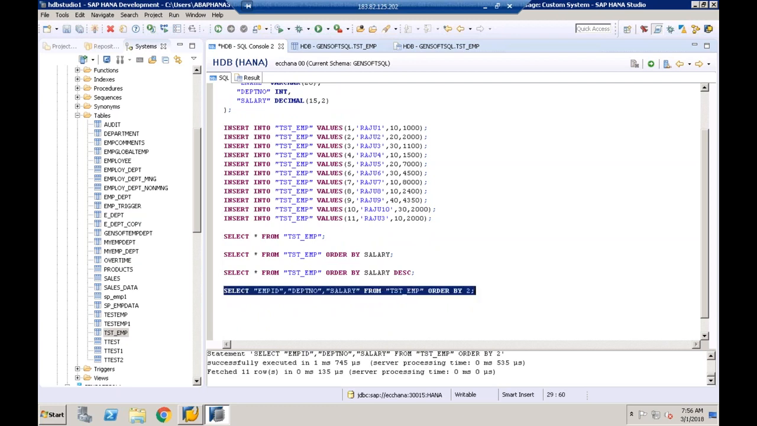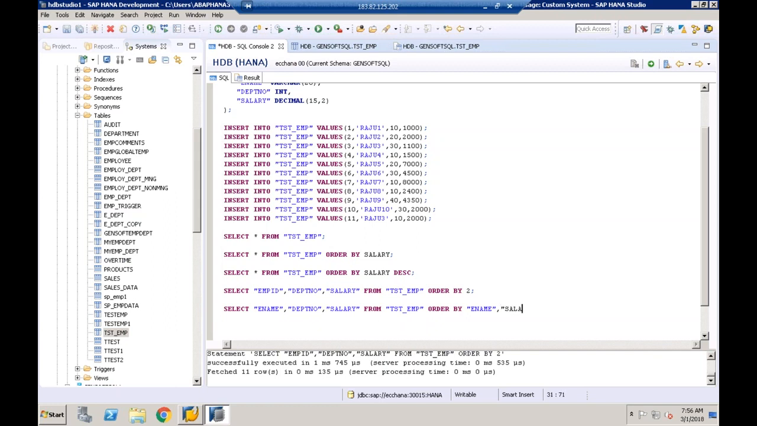Suppose here I'll say order by, so I'm giving 3 columns here. Let me give employee name also for our convenience. Order by employee name comma salary. So I can have multiple order by fields. So when I say F8,